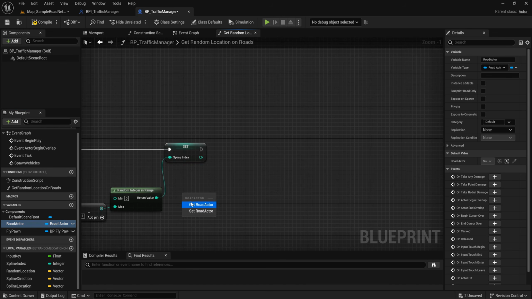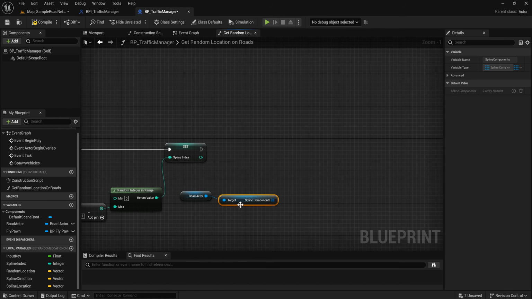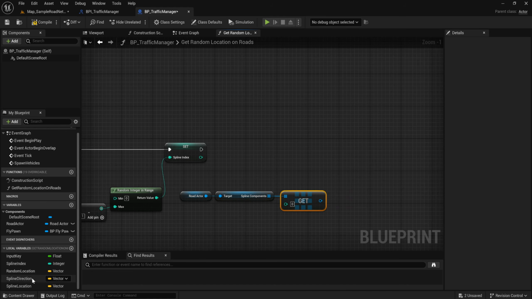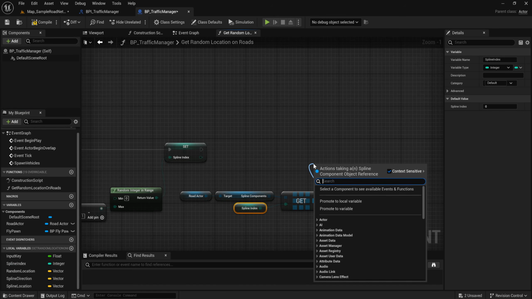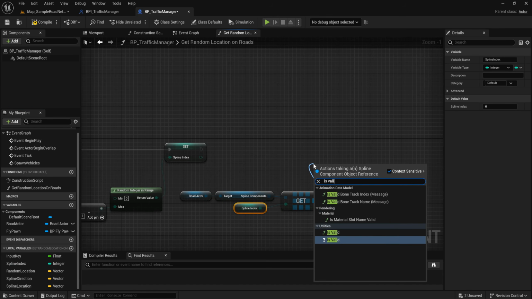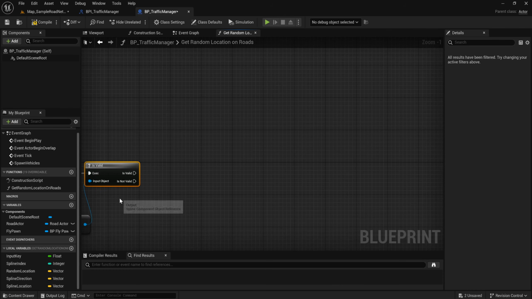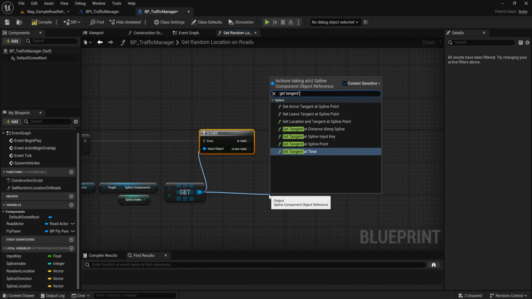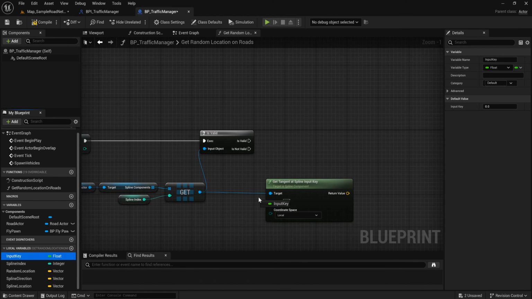Get route actor, get spline component, get a copy, and get it from this spline index. Check if it's valid. If it is valid, we get tangent at spline input, get key input,